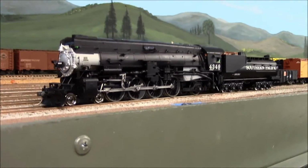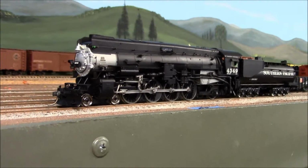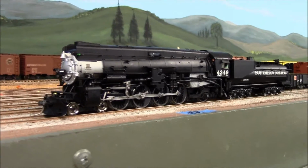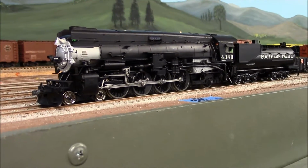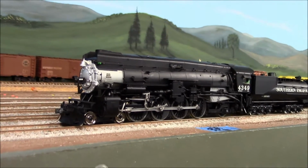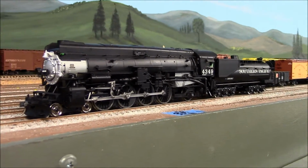It actually makes the model a much better engine, and it makes me happy to enjoy running this model, despite what they paid, $319.95 plus tax here in Tacoma. So without further ado, without me just babbling on, I'm going to show you